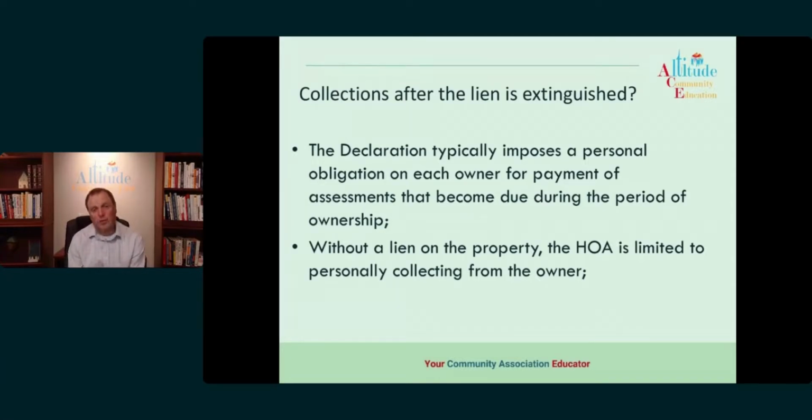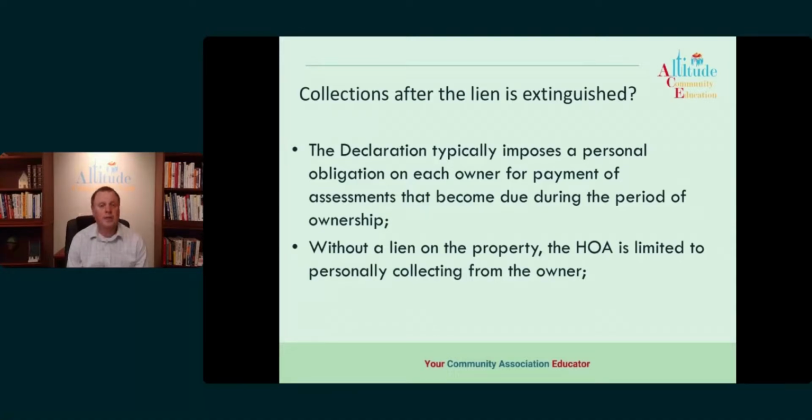However, that personal obligation, if an owner's gone through foreclosure, more than likely they don't have any money. Their greatest asset is going to be the home. The asset's now gone. They don't have anything that more than likely is going to be able to pay off the association. So more than likely you're going to be writing this off as bad debt, unfortunately. So it's just kind of the reality. It's not happening as much right now, but if we have a downturn, it wouldn't be surprising to